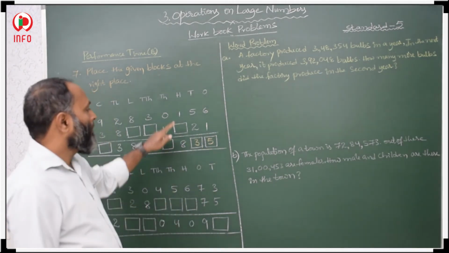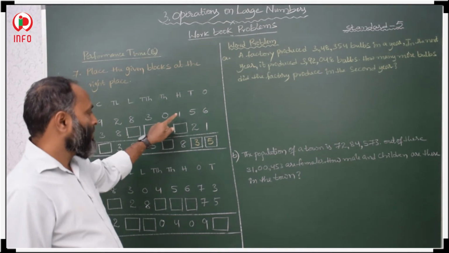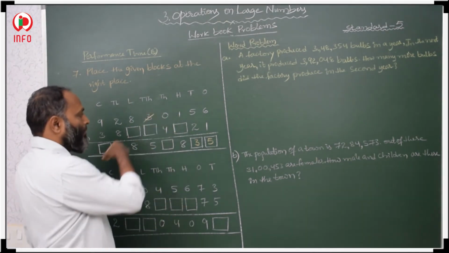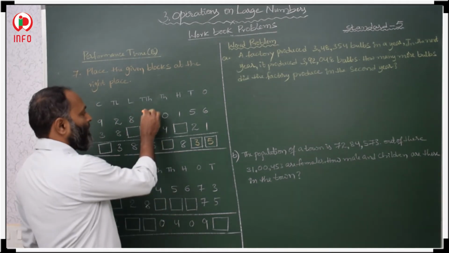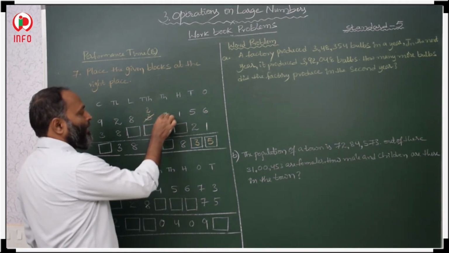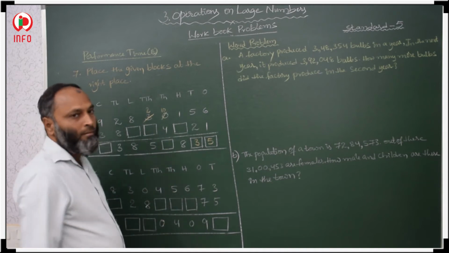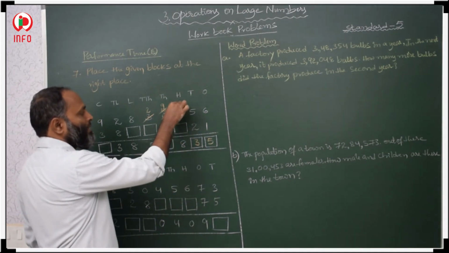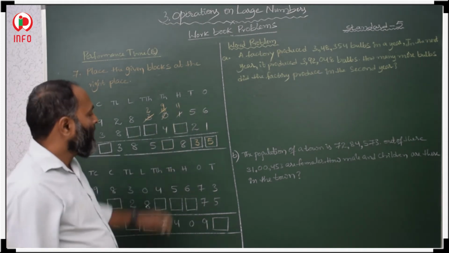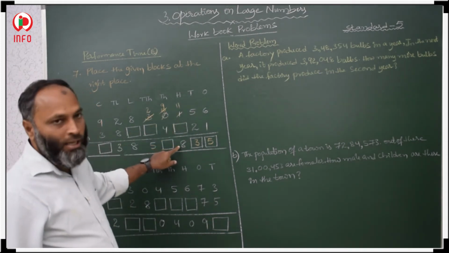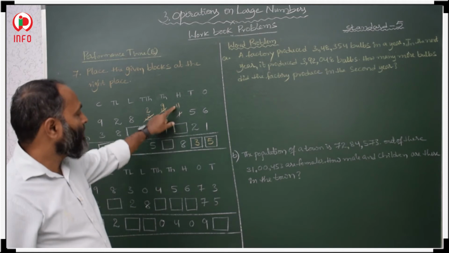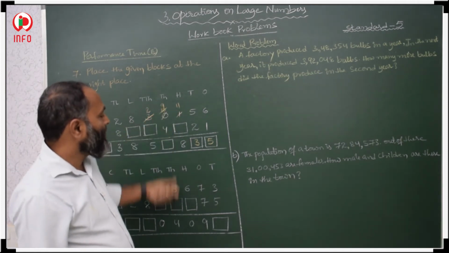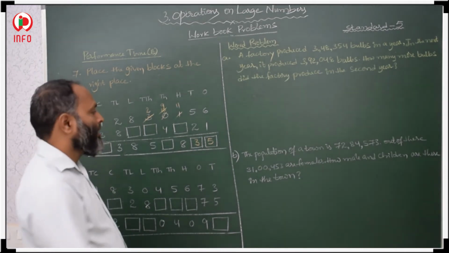Here my minuend is less. You have to take borrow from here. We are taking borrow, so it will decrease by 1. It will increase by 10. Again we are taking borrow from here, it will decrease by 1, it will increase by 10. Now 11 minus what is 8? You take 11 minus 8. 11 minus 8 is how much? 3. That 3 you keep here.